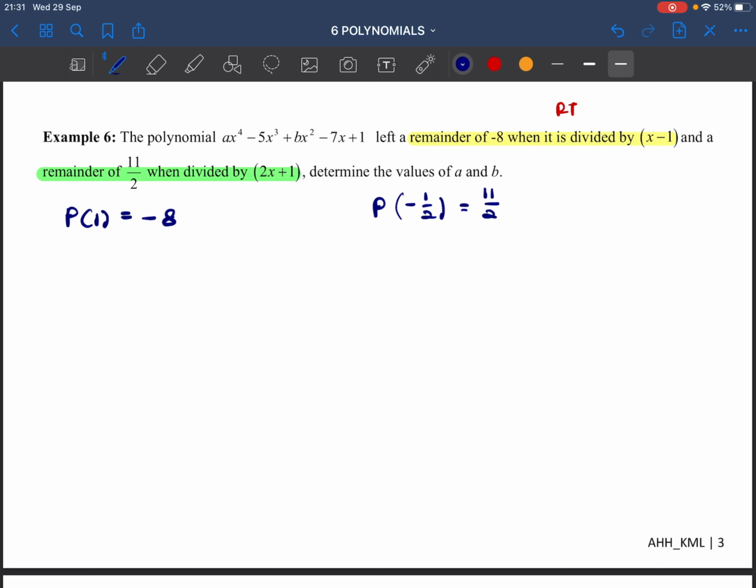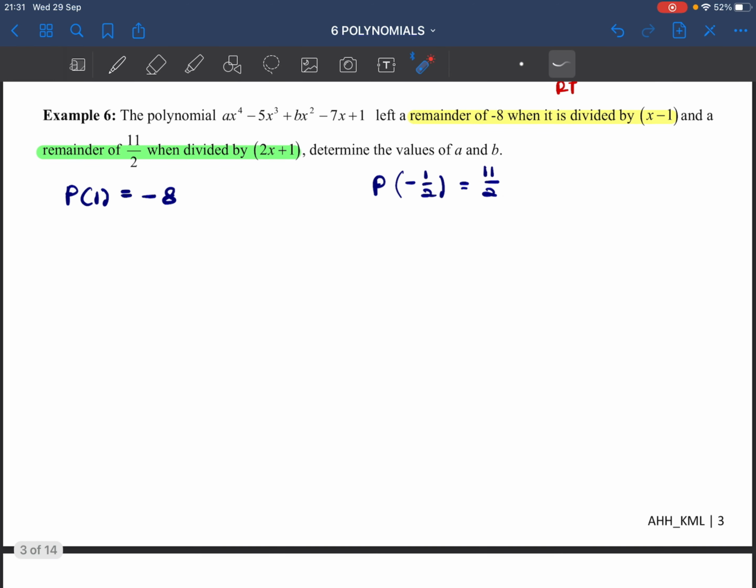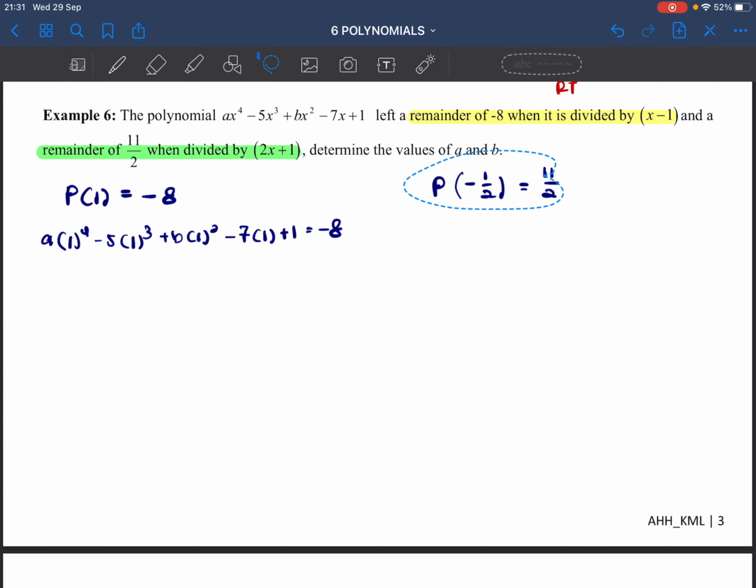Okay, substitute into the polynomial. So first we substitute 1 into this polynomial. You should get A(1) to the power of 4 minus 5(1) cube plus B(1) square minus 7(1) plus 1 equals our remainder, which is -8. Okay, now just simplify. We have A plus B equals to